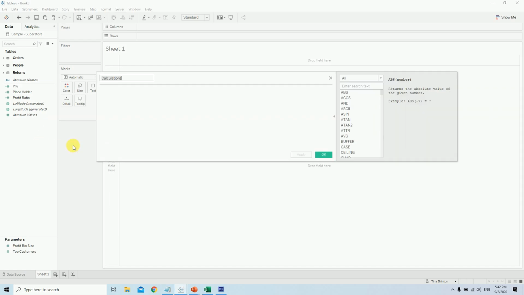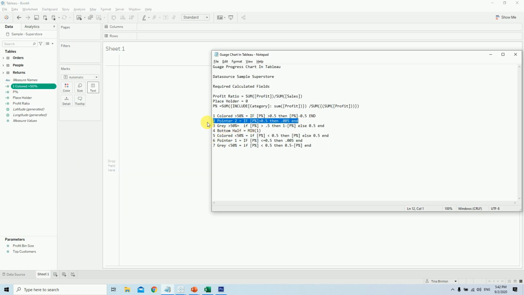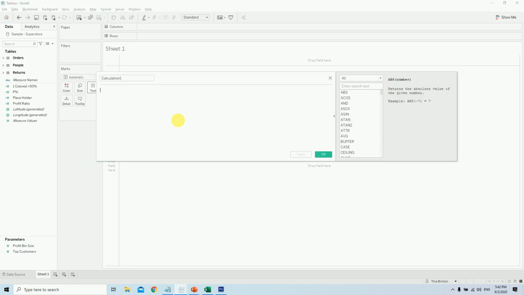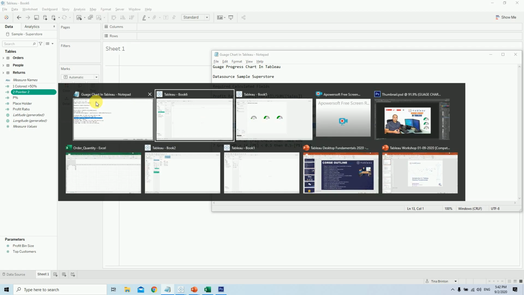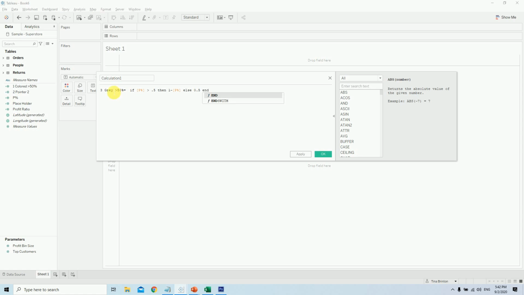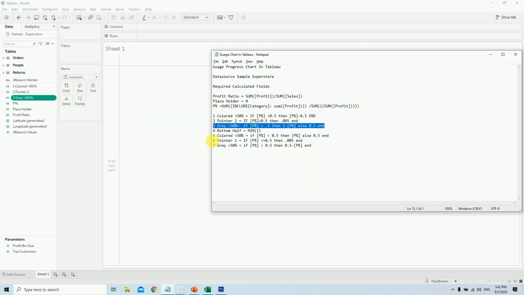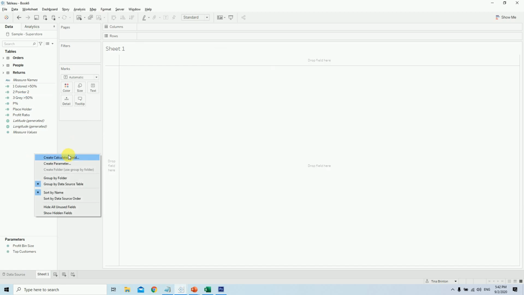So just create another calculated field, paste. I'll remove this formula with Control X, and paste it in my name, and that's all. Say apply. Similarly go with the other one, create calculated field, paste, remove everything and paste it here as a name. This gray part I will explain quickly after all the calculations are done, what is the use of each field. Control X, I'll put the name here, say number 4 calculated field.